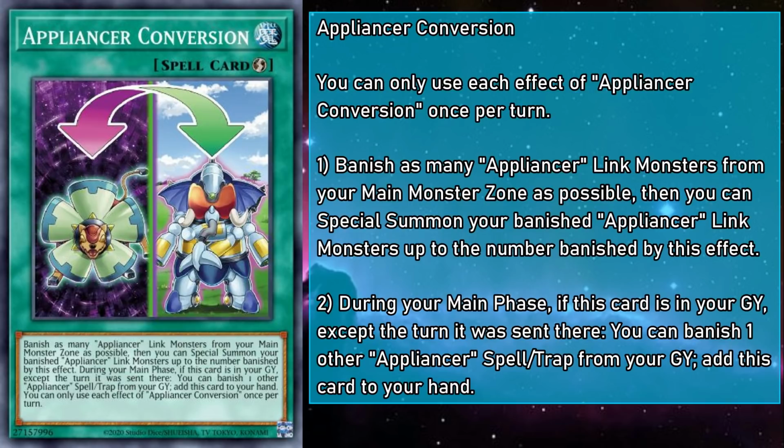Appliancer Conversion is a quick play spell that banishes as many Appliancer Link monsters from your main monster zones as possible, then you can special summon banished Appliancer Link monsters up to the number banished by this effect. And during your main phase, if this card is in your grave, except the turn it was sent there, you can banish one other Appliancer spell or trap from your grave to add this card to your hand. So